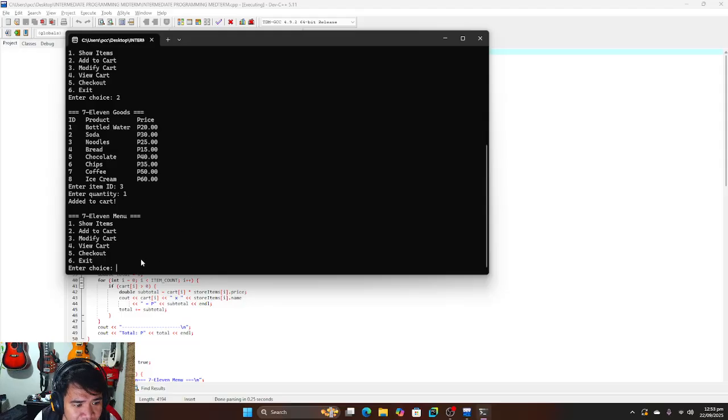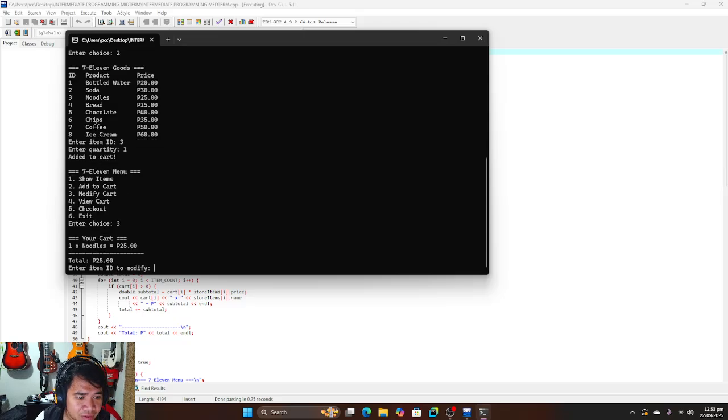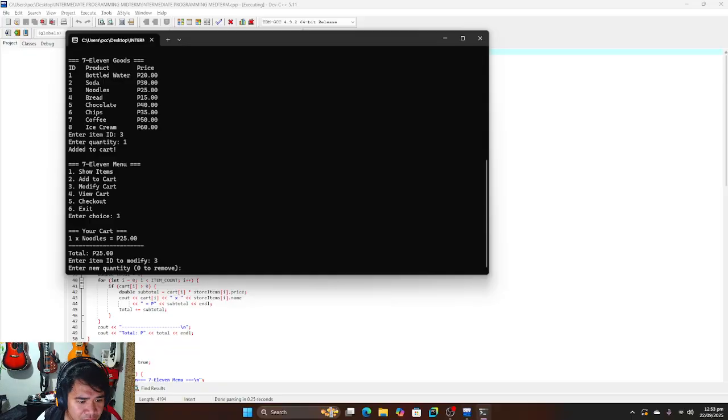I choose number 3, modify cart. Okay, then I click enter item ID to modify. I enter the number 3, then enter a new quantity, 0 to remove.